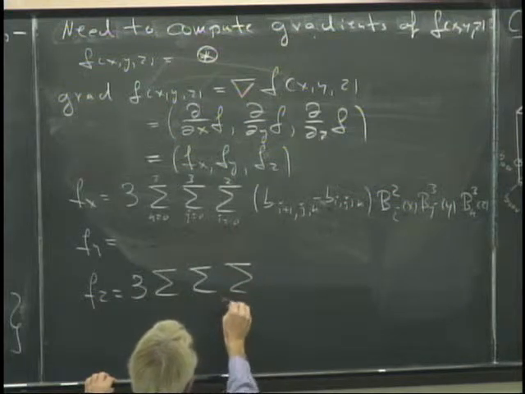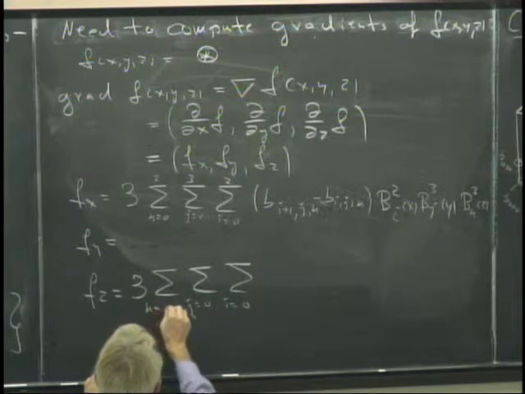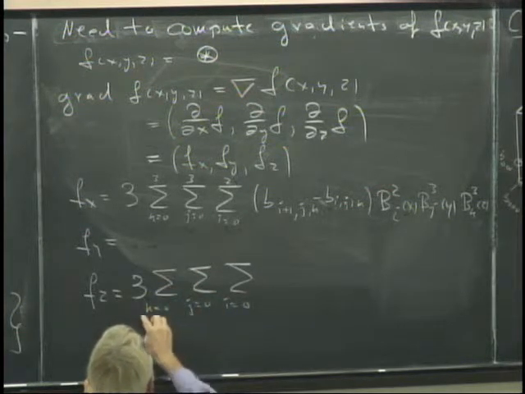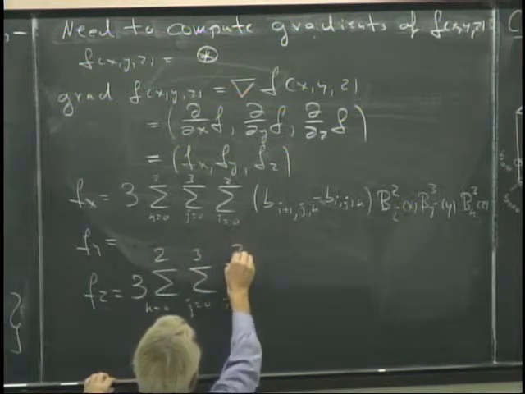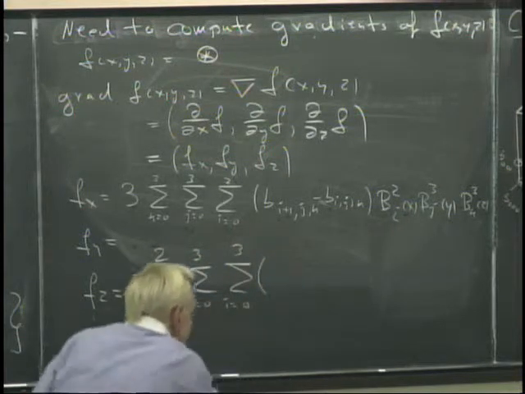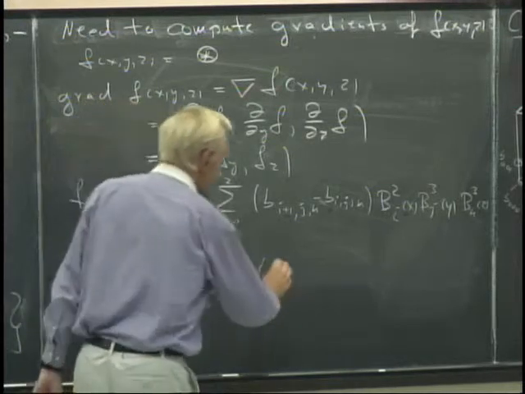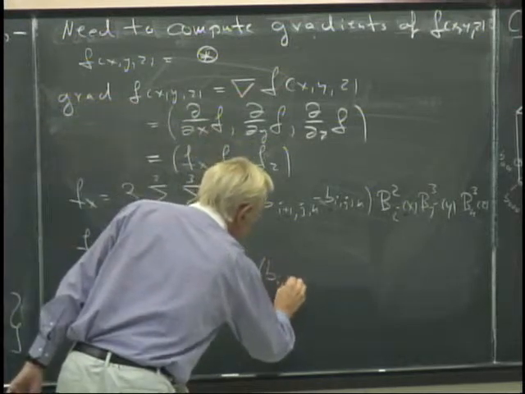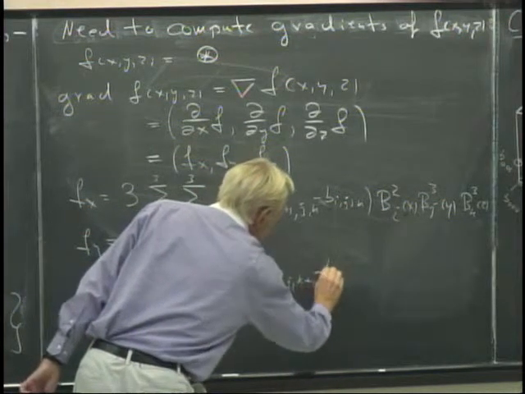Which one goes up to 2 in this case? K, well, it has to be k, right? K is the third index, is z. This goes to 2, this goes to 3, this goes to 3. And the differencing has to happen in k or z direction, or the third index. So it has to be b i j k plus 1 minus b i j k